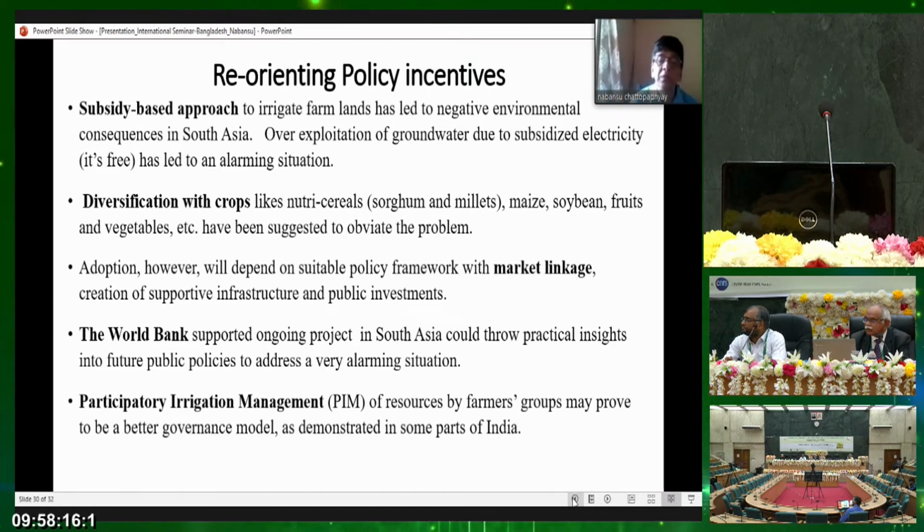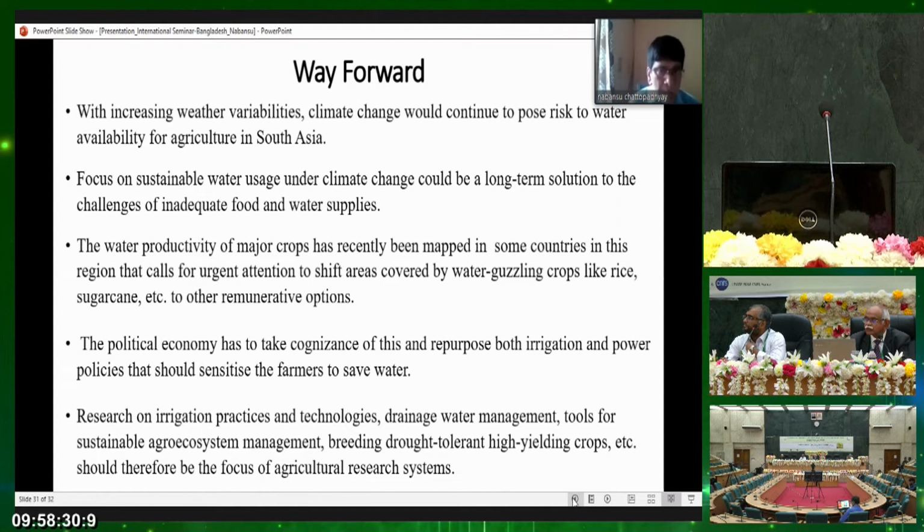What we have seen is that if you come to India and Bangladesh, different groups have been formed who themselves will decide where and how the irrigation should be given, and it has been demonstrated well. So my last slide is how we should go the way forward. We all know that climate change and climate variability is a very, very serious issue in South Asia, and this has been well